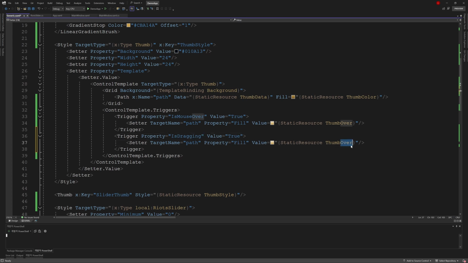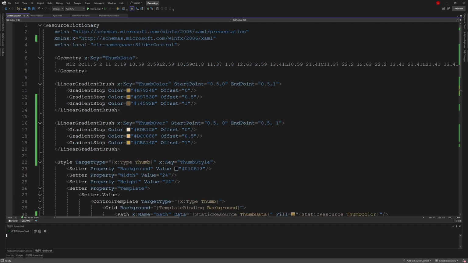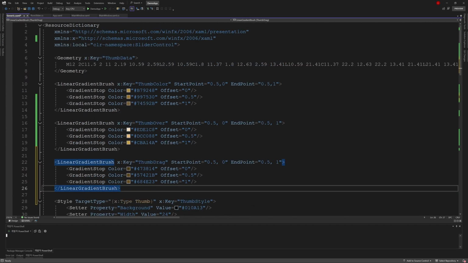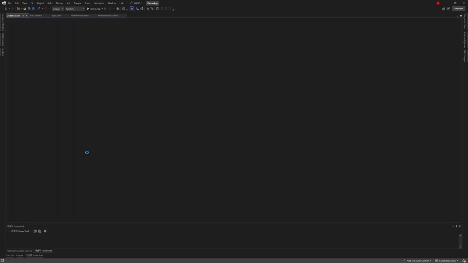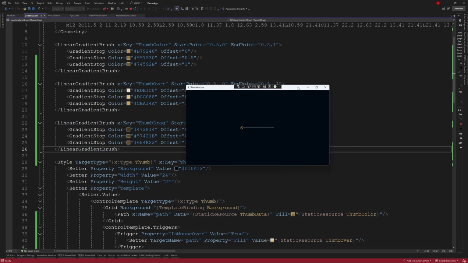Here we call it sum drag, and then we add the gradient color in. Okay, this part is also completed.